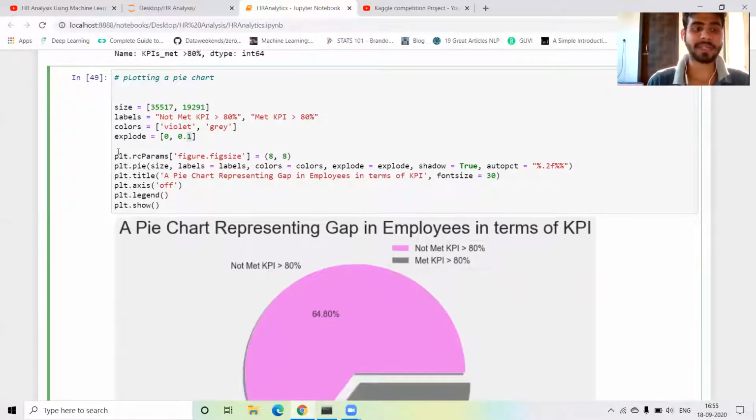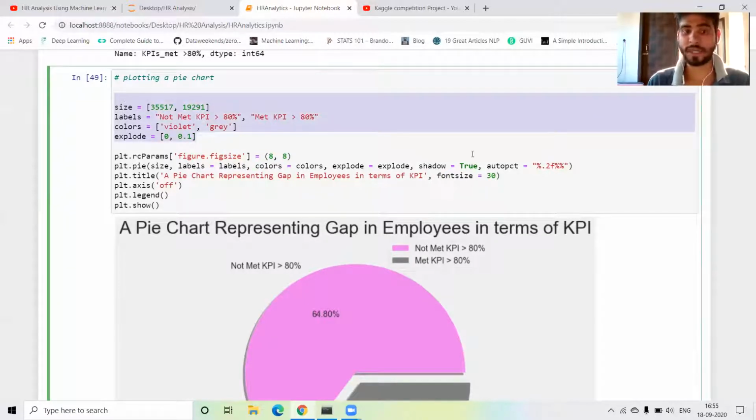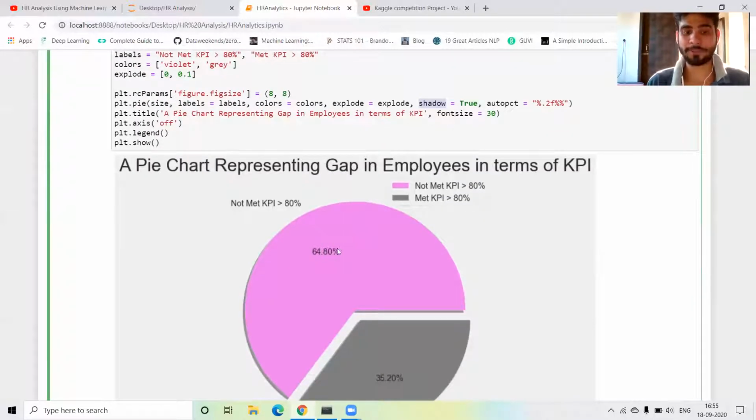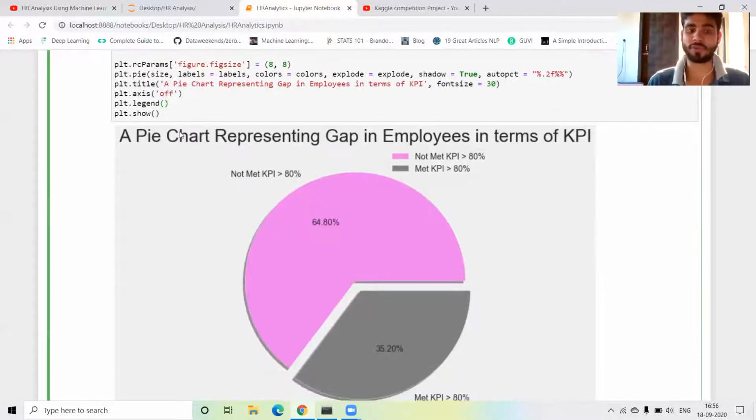I define the figure size and plot the pie plot, defining the size, labels equal to labels, colors equal to colors, and explode equal to explode. We have already defined all those things. Next shadow equal to true, which means this part is shown separated, and autopct percentage 0.2f. Next I write a title for this plot and set the axis.